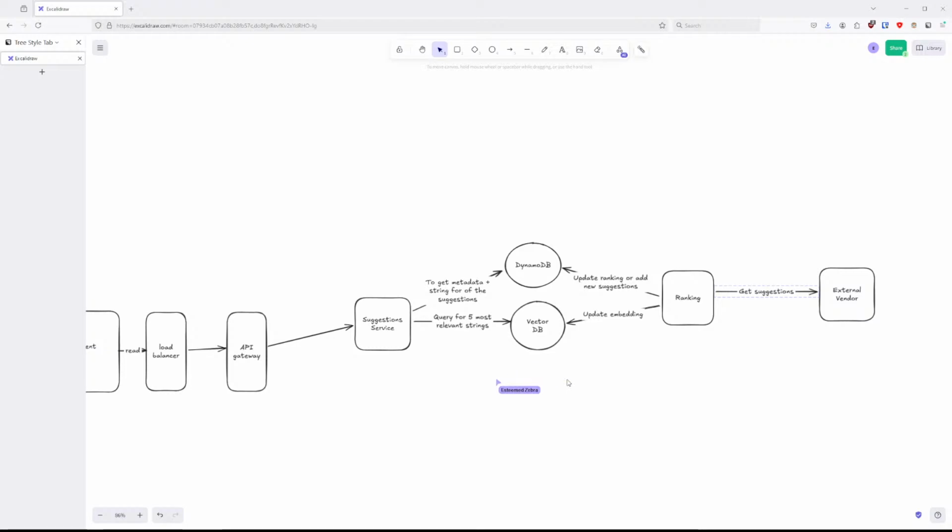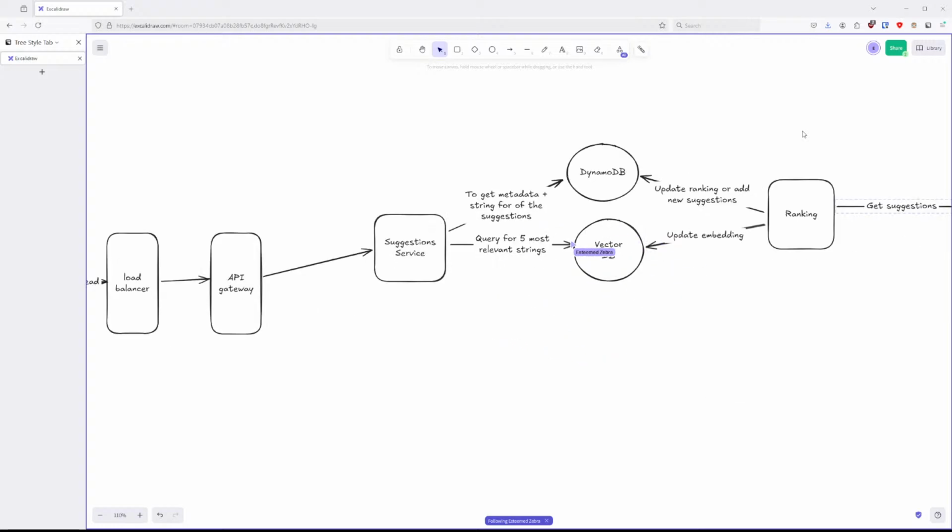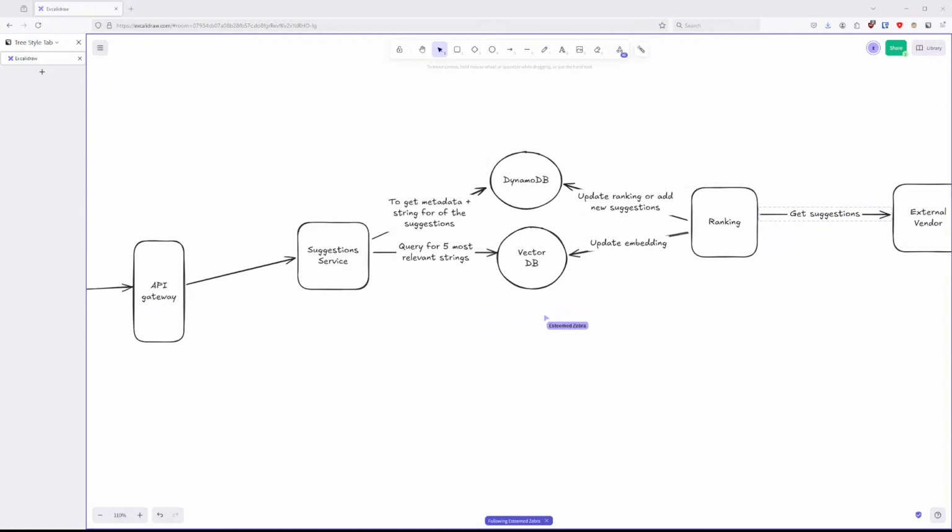So I guess right now the way we have it, I don't think it will be able to handle 10 million, because right now it looks like we're storing everything into this single vector database. It all depends on how we separate these suggestions. If it was, for example, all of Amazon's embeddings, this vector embeddings database would start to